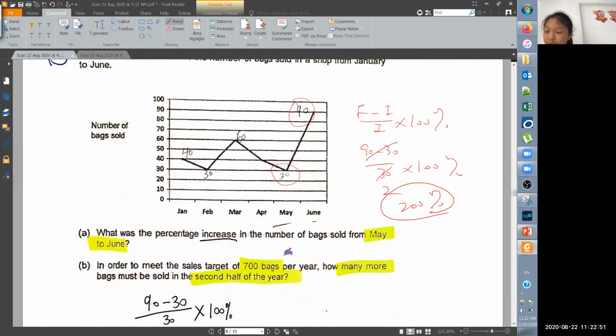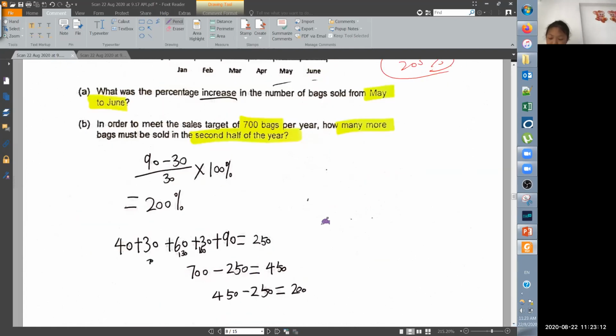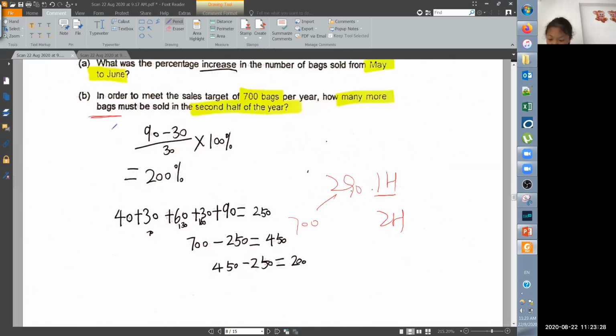So in order to meet the sales target of 700 per year, how many more bags will be sold? 加一个40。So what you do is, how many do you have for the first half? 哎，你这里漏了一个了。为什么漏写了？所以你加起来是多少？290。So 290 is the first half, that means 1H, second half, 所以你要700，所以你有 minus。OK，你是漏了一个40，我猜。OK，How many more bags？